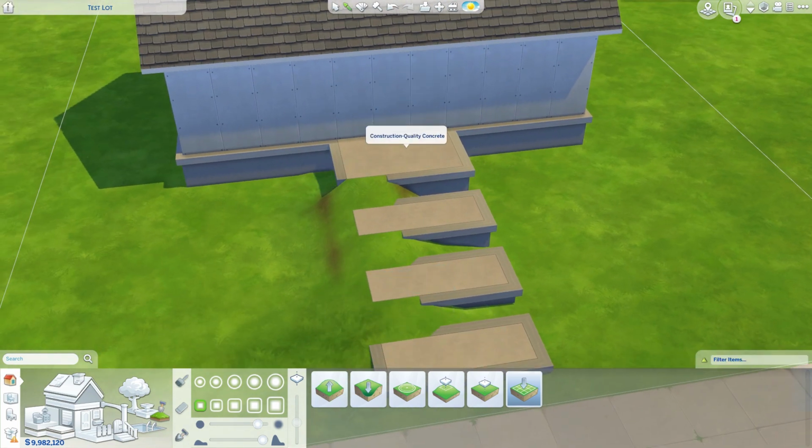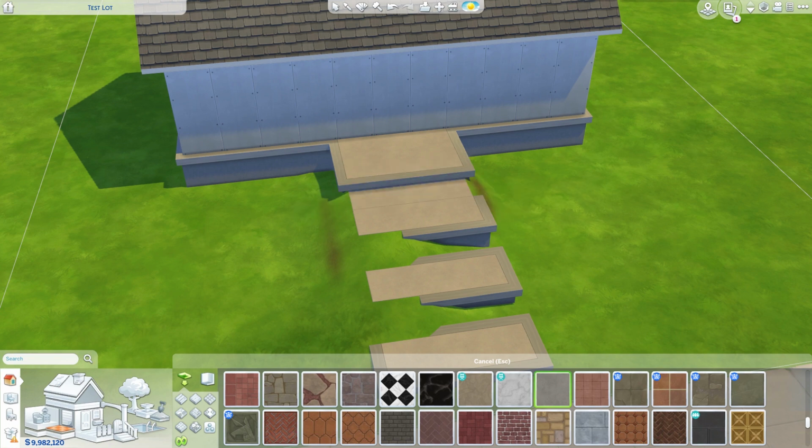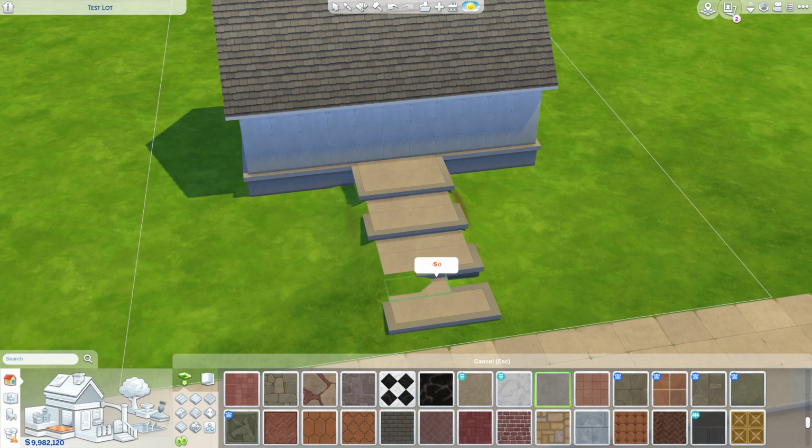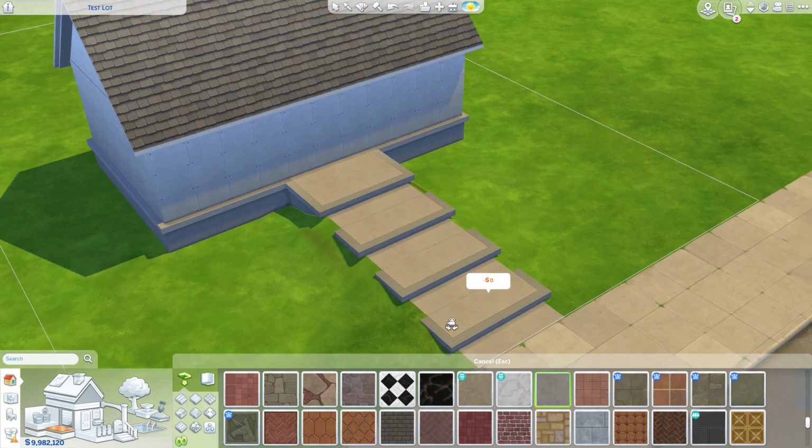Now you can add whatever flooring you like. Place your flooring tile on the section that you raised and just drag it across, and it will flatten the rest of the area. Since the island living patch, there's a bug that can happen under certain conditions with these